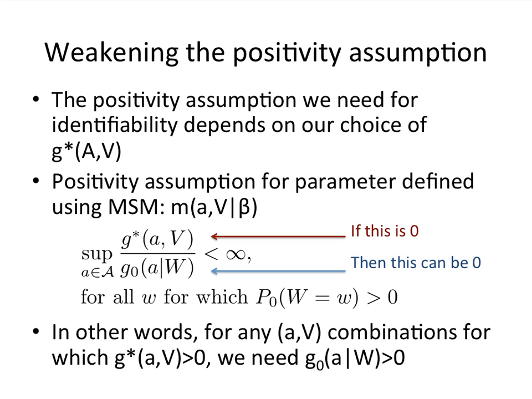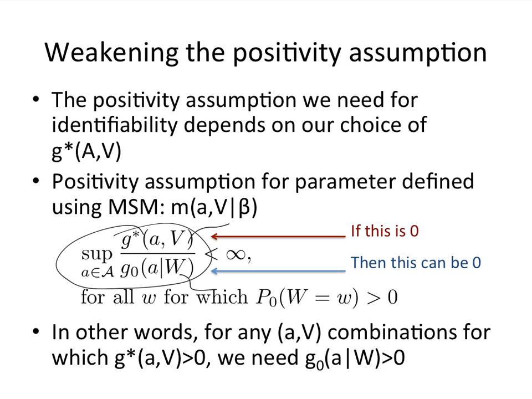The positivity assumption here, again, is always going to be that this weight doesn't blow up. For that to be the case, this ratio, which is the weight, has to be less than infinity. And if one goes to zero, the other one has to go to zero, which of course prevents it from being infinity. So